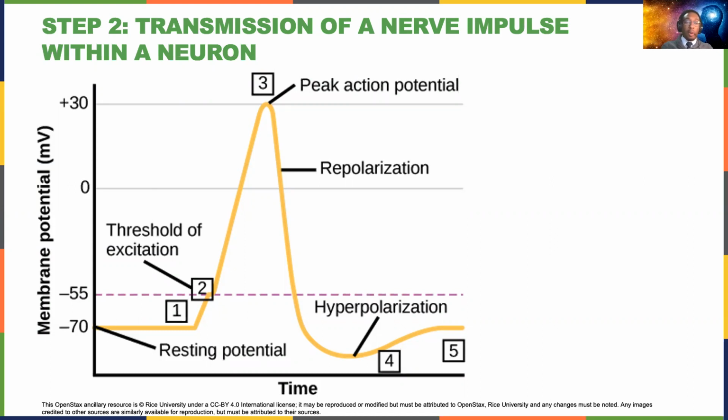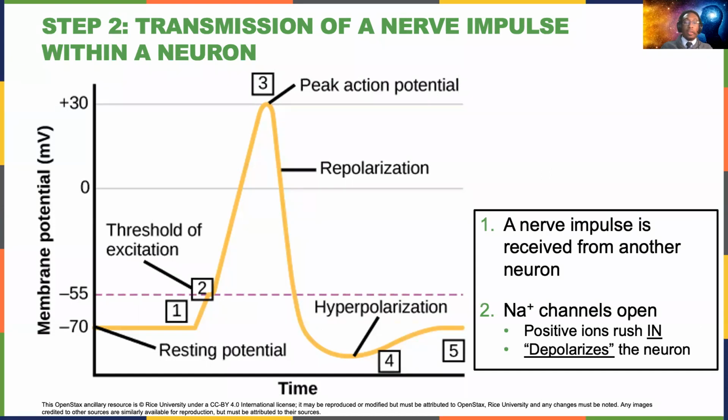So the first step of the action potential, you'll see that when the neuron is at rest, it's at a resting potential of -70 millivolts. So it's right here when there's nothing going on, when there's no neural signal being propagated. Then, eventually, once a signal does come from another neuron, what happens in step number two is that sodium channels